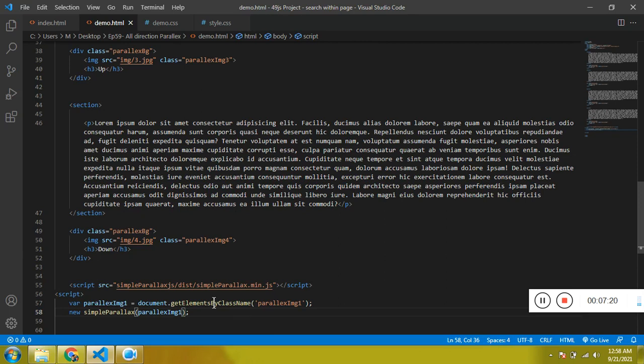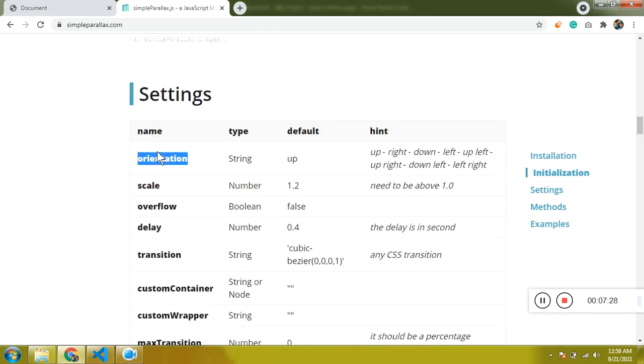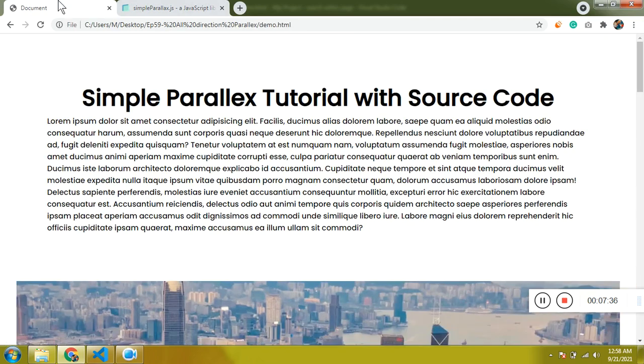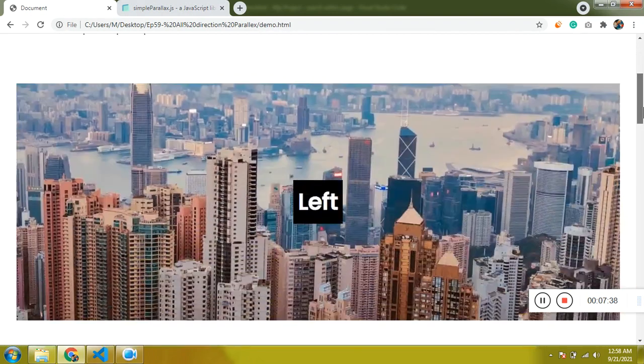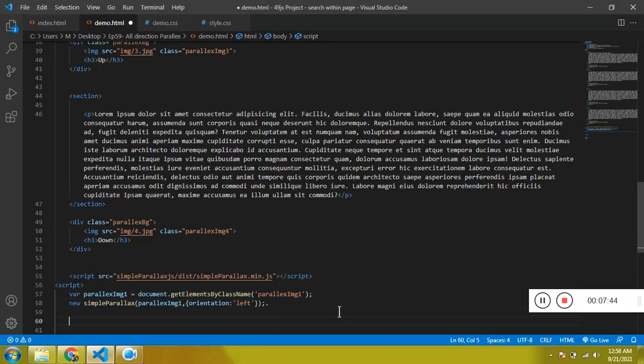No, we have to pass another parameter, and it's going to be the orientation, colon. I need to pass a string, left. Now you should see it's working. The same way, copy paste this 4 times and change the name appropriately.